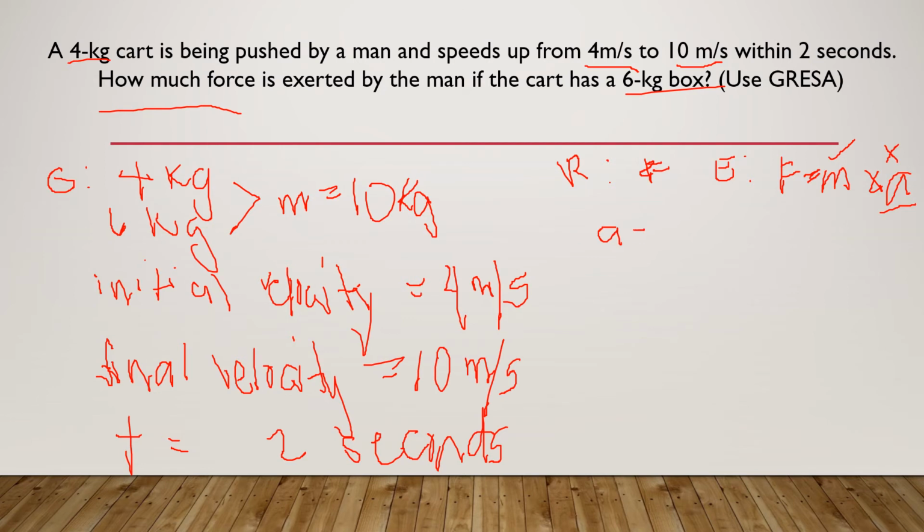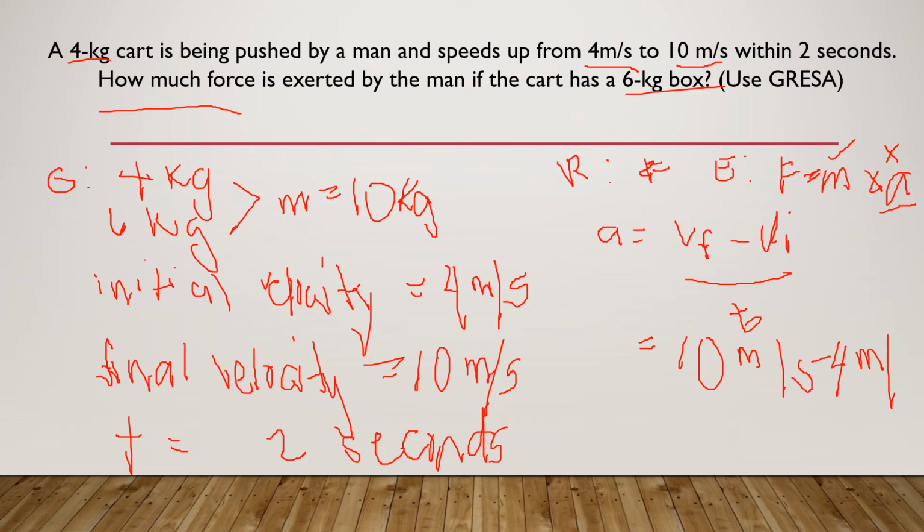Acceleration has a formula of final velocity minus initial velocity divided by time. So if you substitute the final velocity, which is 10 meters per second, minus 4 meters per second, divided by the time, which is 2 seconds,